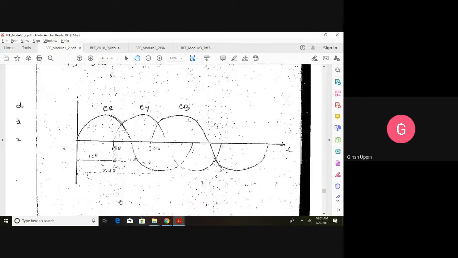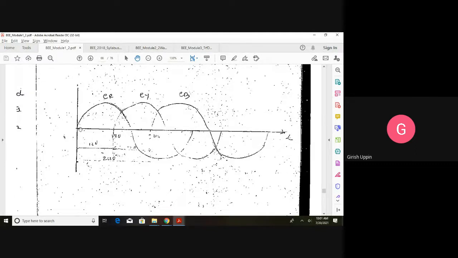Now in the waveform, how do we draw? ER is EM sine omega t. So omega t means what? Zero. Phase is zero, so it starts from the zero reference. As we keep on rotating, it is going to produce the voltage like this. Then Y phase is 120 degree behind. When we start rotating, the Y will come to the reference after 120 degree and it will start generating. So you can see there is a 120 degree lag after ER starts from reference, and then EY starts. So that's why this EY is represented as EM sine omega t minus 120 degree.